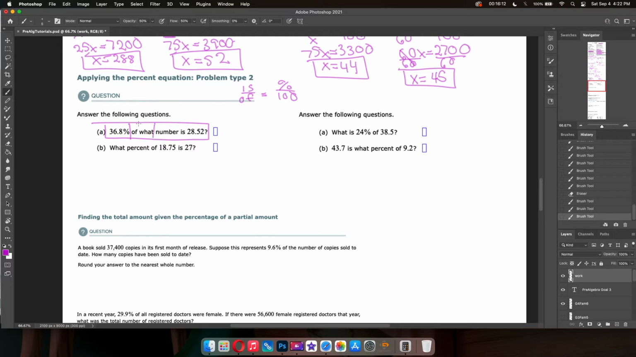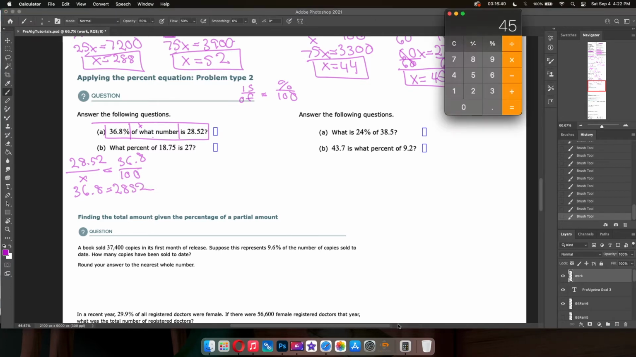38% of what, so there's our variable, is 28.5, which means it's supposed to look like this. There we go. So is which number? 28.52. What number? And then it's 36.8 out of 100. Now that math is going to get ugly. There's no way I'm going to be able to do this in my head. 36.8x equals 2852. So 2852 divided by